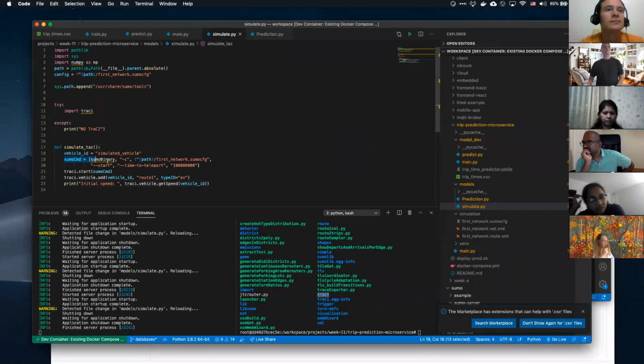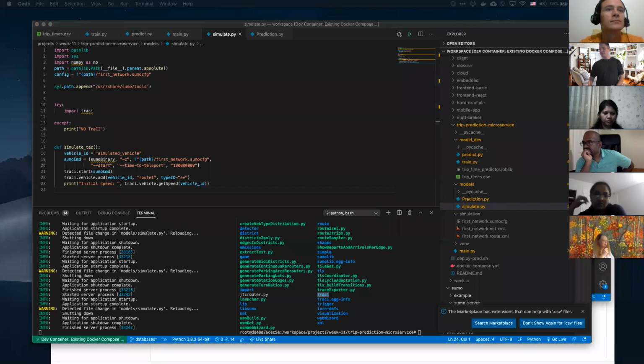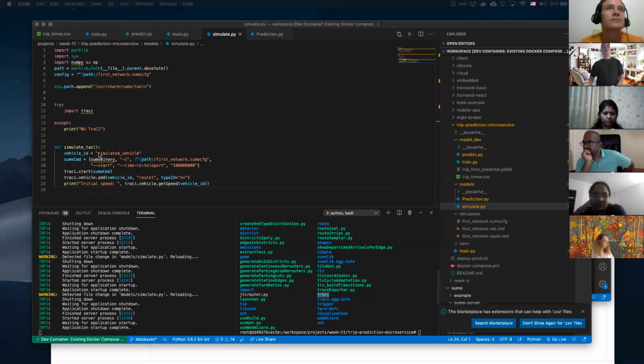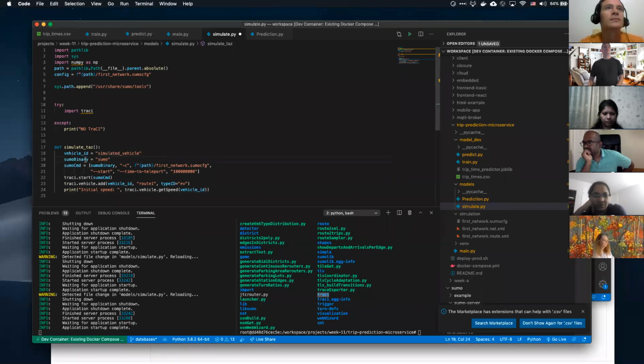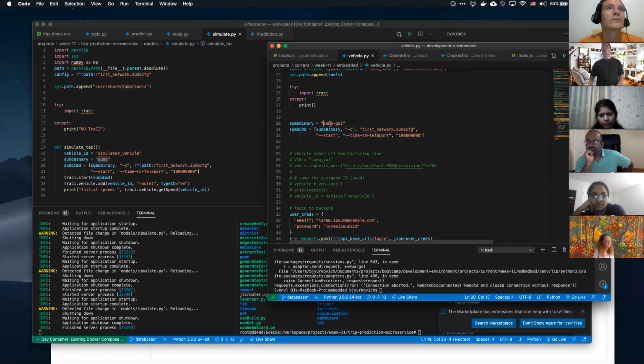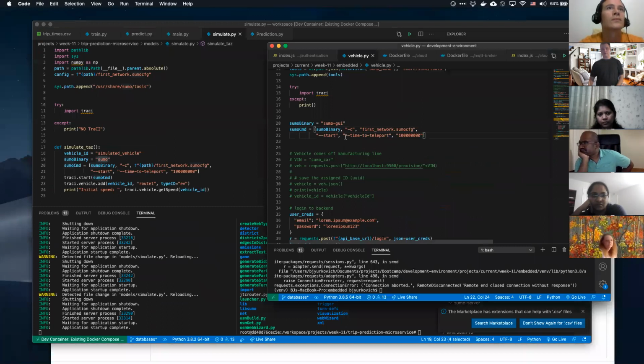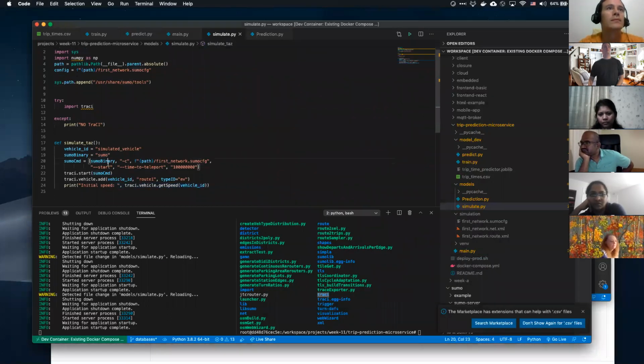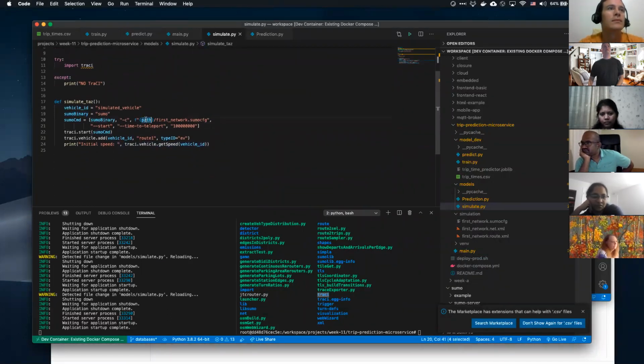So we have our Sumo command and binary and stuff like that. Our Sumo binary is not Sumo GUI anymore. It's Sumo, right? We don't need the graphical user interface. We just need Sumo. Then we're going to use the path here just to make sure that we get it there.